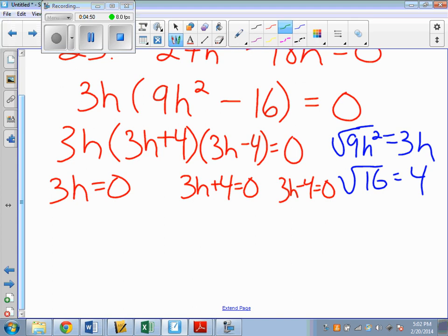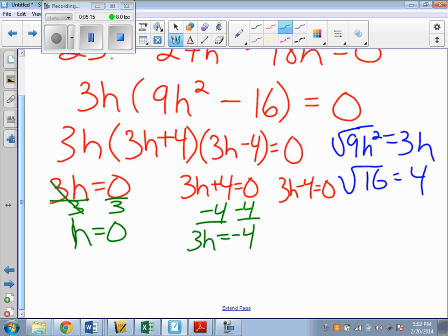So over here, if I want to solve for h with 3h equals 0, I'm going to divide by 3 on both sides, and I get h is equal to 0. So that's one solution. Now in my middle equation here, I've got 3h plus 4 equals 0. If I want to solve for h, I need to subtract 4 from both sides, and I get 3h equals negative 4. And then I want to divide by 3 to get h alone, and I get h is equal